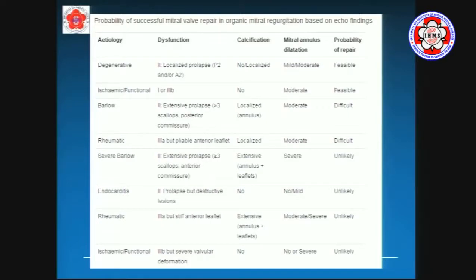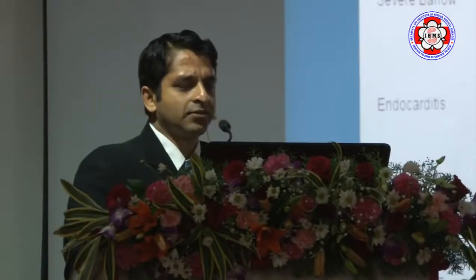Then we need to look at how likely we are to actually successfully repair the valve based on the echo parameters. And there's a whole lot of things. This is a very busy slide. This is from one of our cardiology textbooks, Braunwald's, and it basically breaks up into etiology and the probability of repair. If you have degenerative MR with localized prolapse, P2 being easier than A2, etc., with just mild or moderate annular dilatation, then usually repair is quite feasible, and the same for ischemic or functional MR, depending on